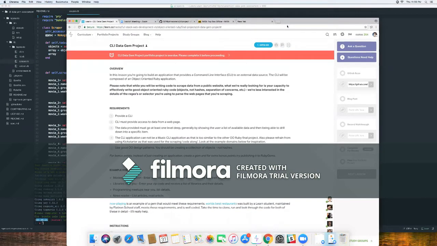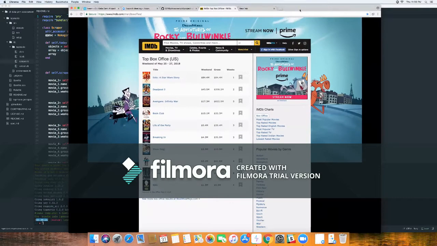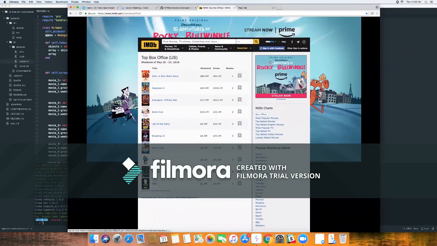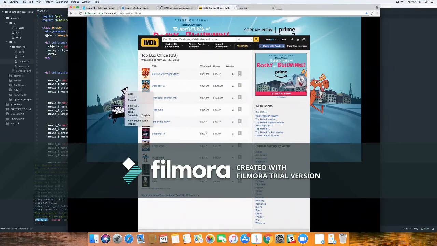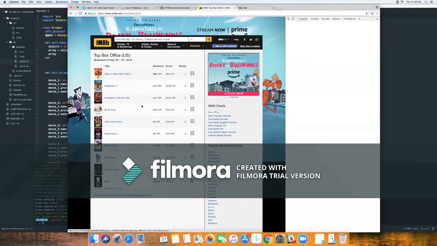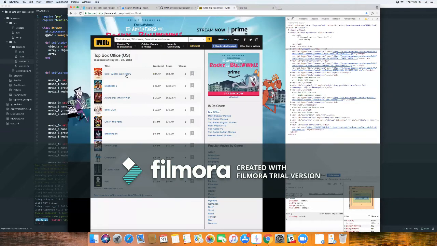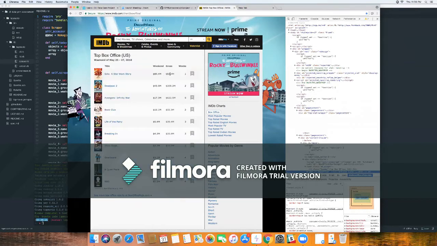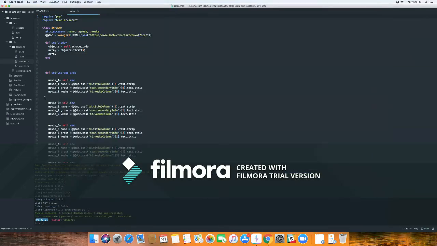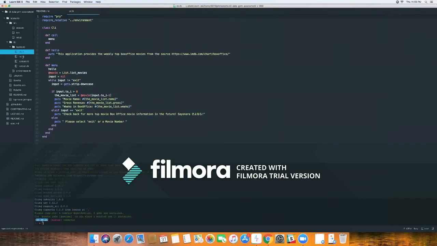Let me see if that site's here. This is the site I chose. Originally, I think I tried Rotten Tomatoes and maybe Fandango, but IMDb seemed like the easiest to work with. So that's the one I chose. Specifically, I chose to pull the data on the title, the gross revenue of the movie, and the weeks in the box office. So these three files here combined